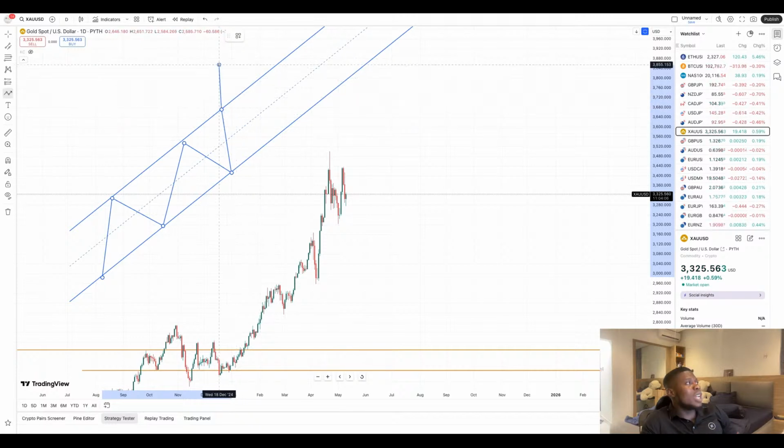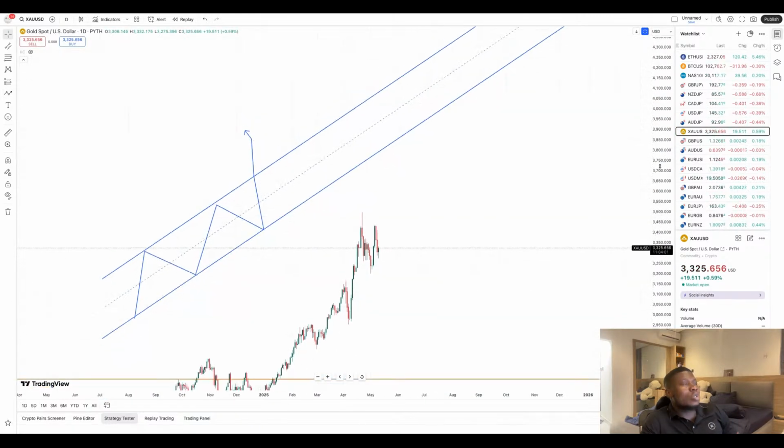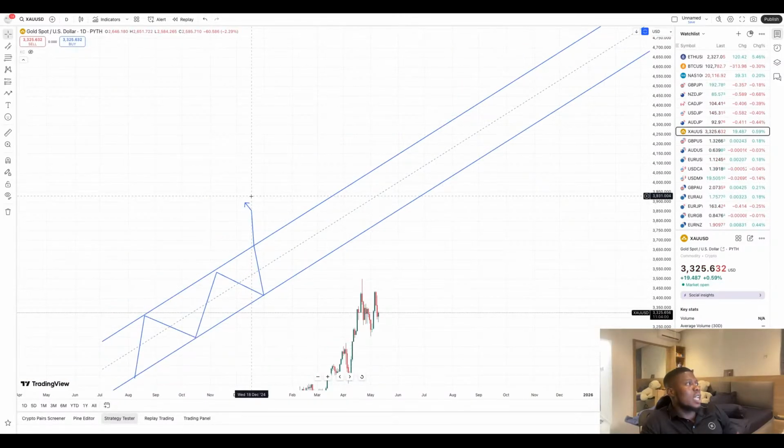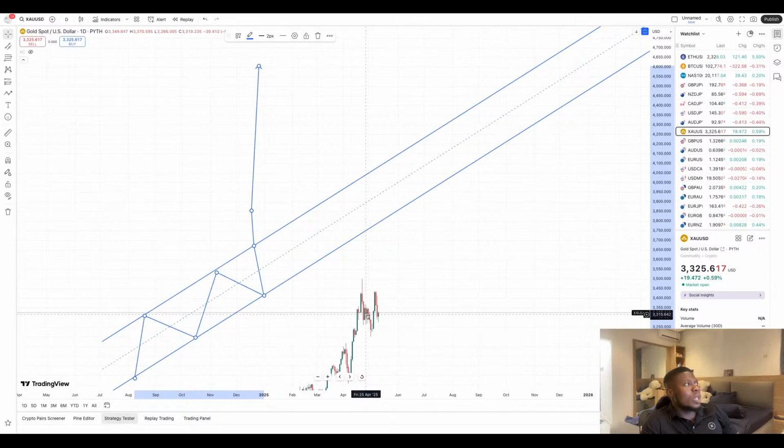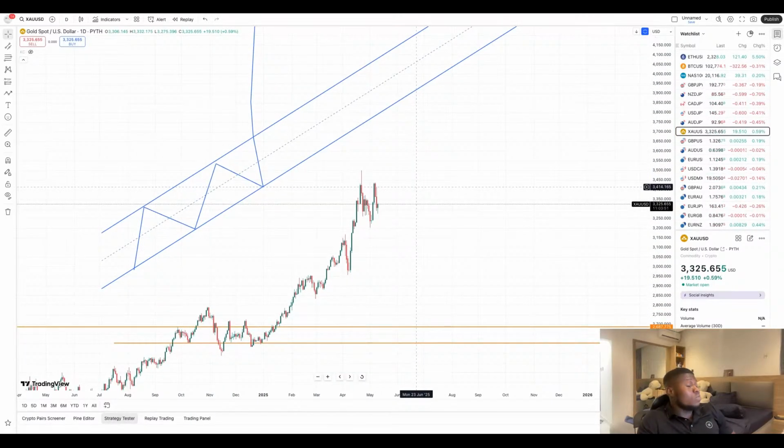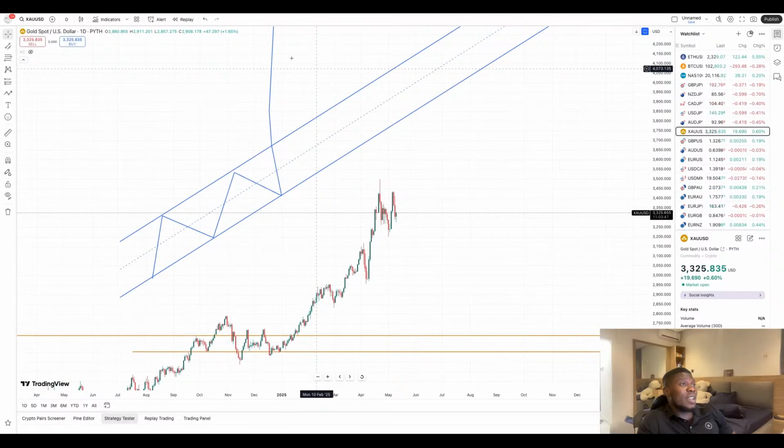But when a trend moves outside and starts going up, up, up, up, that trend is likely going to be in a parabolic movement. If it continues going up like gold is doing here, that trend is very, very bullish, and it's going to continue going up until a significant reversal pattern forms. But look at gold, this trend is still very active and it's still making higher highs and higher highs, and there is no change of